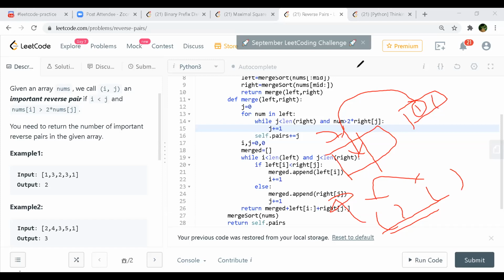But for every right element, you would be using binary search, no? Take this element and apply binary search, right? So won't it be n log n? Then that will increase your complexity. Okay. So I'm not sure how much your complexity is, but maybe that is worse than yours.